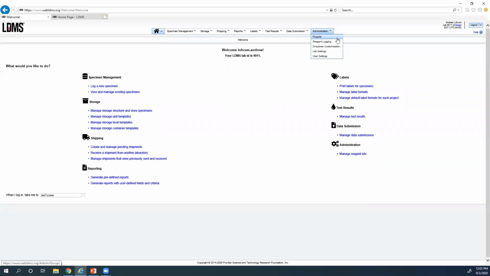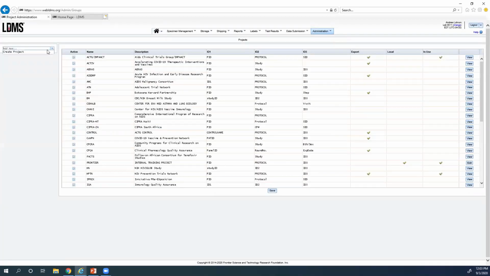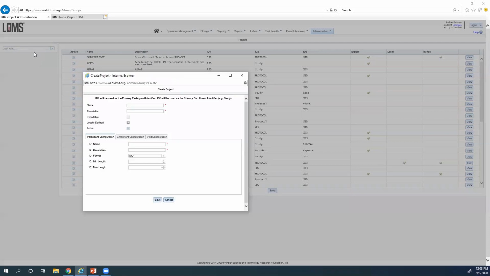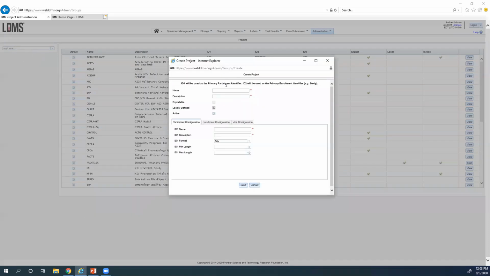For our new private labs, with all the new COVID research, we have had many new laboratories start up, and we also have some network labs that have the ability of creating their own projects. We have added some new features into the project setup. When you're creating a new project using the Add New action dropdown, you'll still give your project a name, and this project name will be present in all of the drop-down menus, a description,